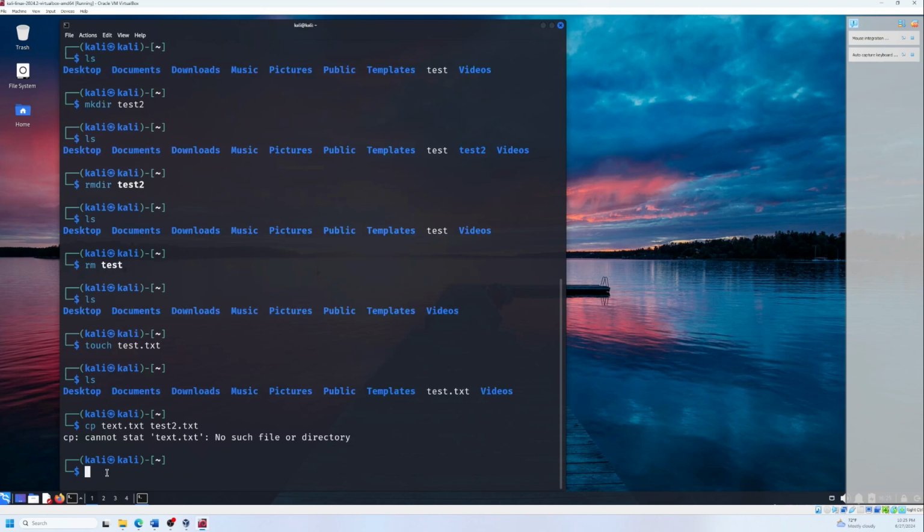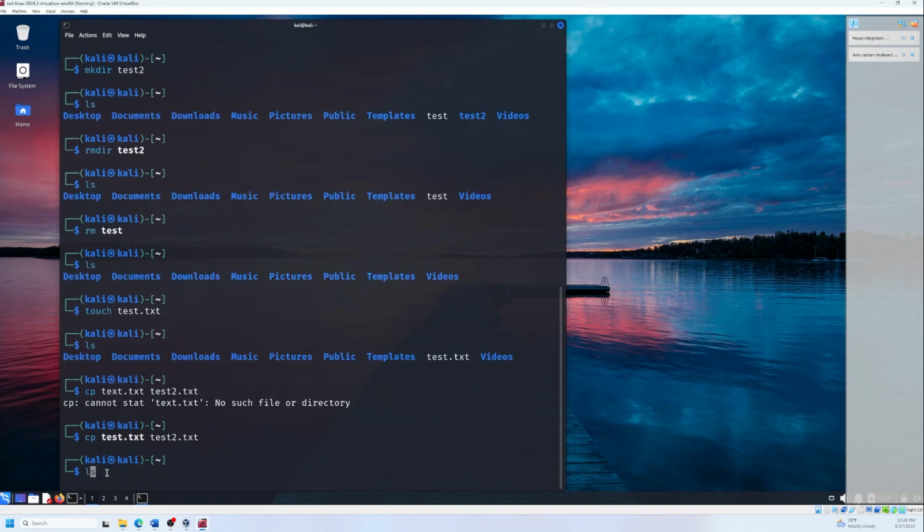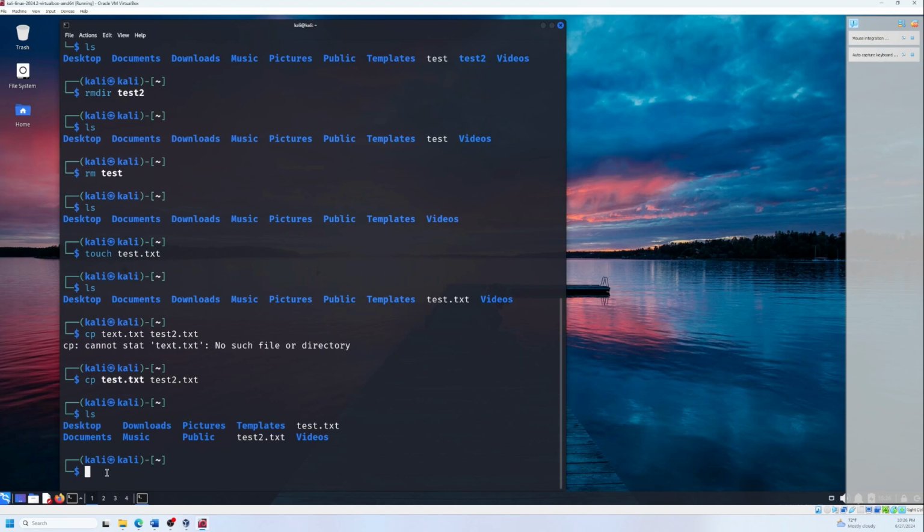test2.txt. Sorry, I mistyped the name of the file, so I typed instead of test, text. So let's correct it. We can go back by using the up arrow. So now we got in the file the same command, and I need to correct it, test, and now it should work. So if we list again all the files, you can see we have now 2 text files, and they are identical because we copied the test.txt to